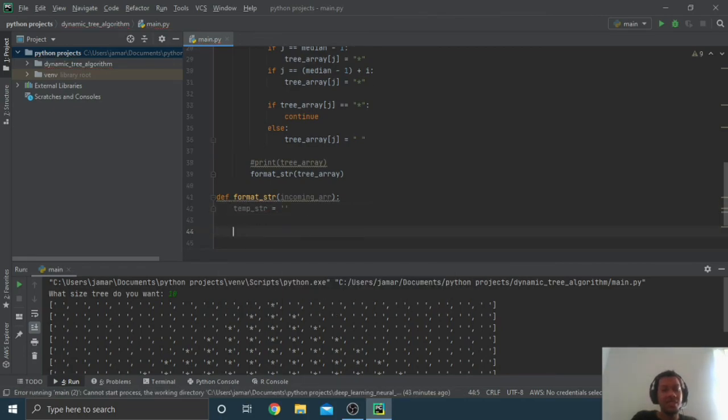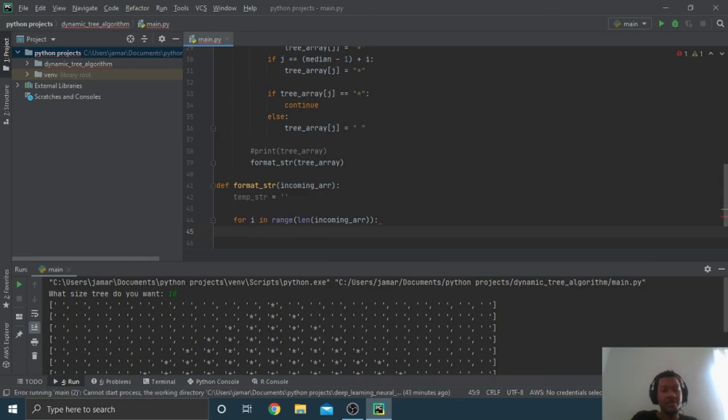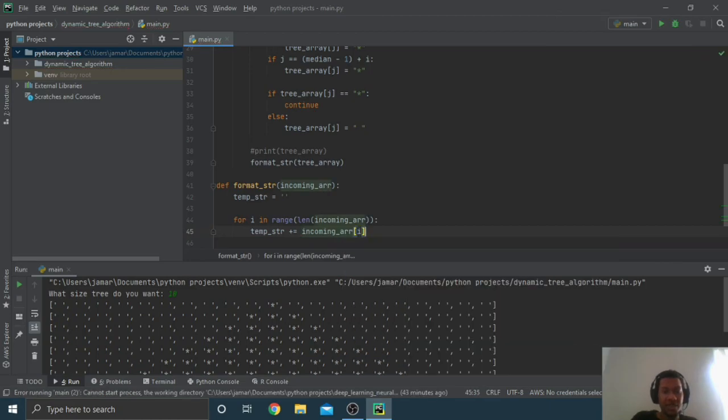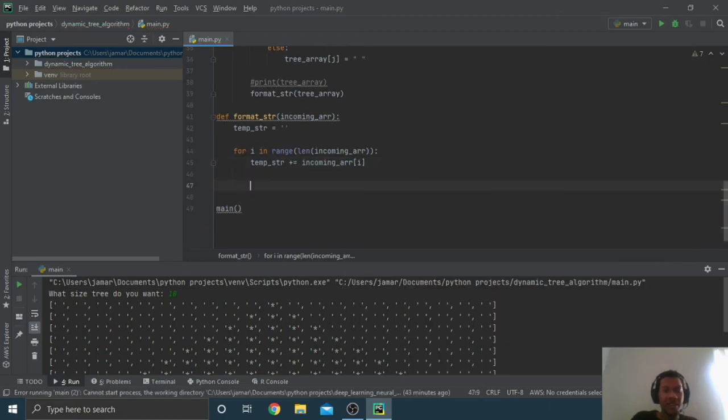And I basically want to, for i in range incoming array, for each one I just simply want to concatenate each one in the string. So we'll do temp string plus equal incoming array of i. And then when we're done with that, we will print temp string. So now when we run this,